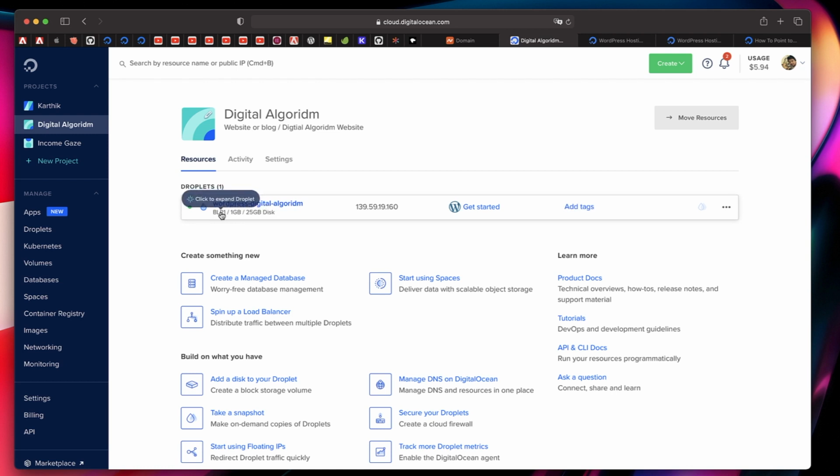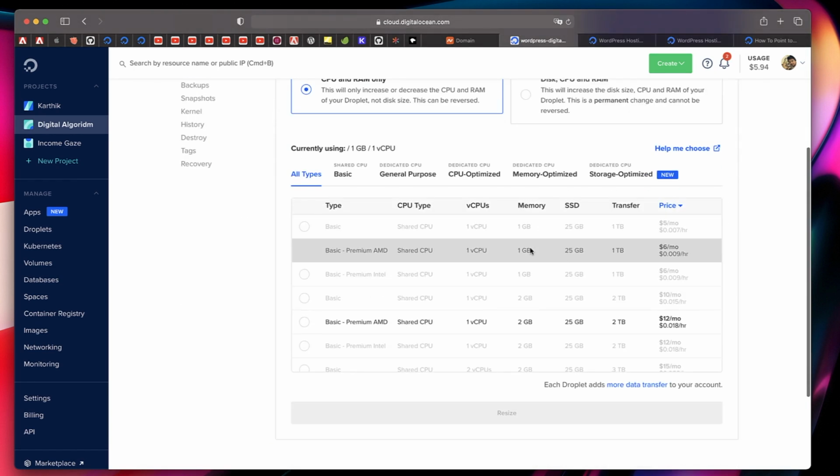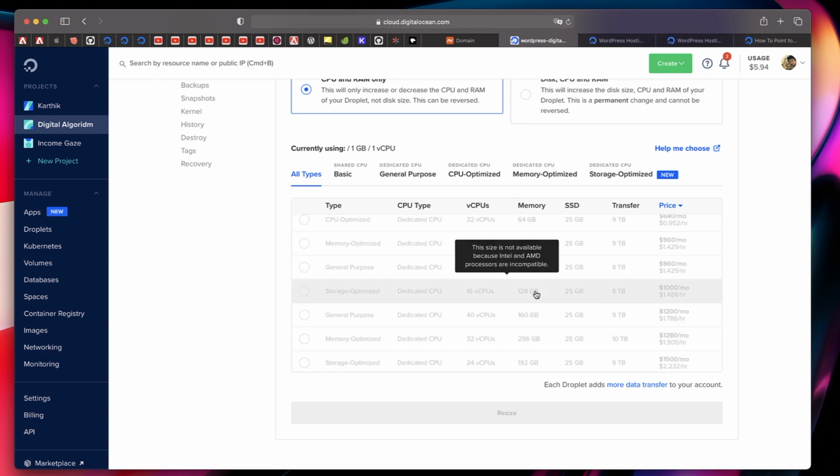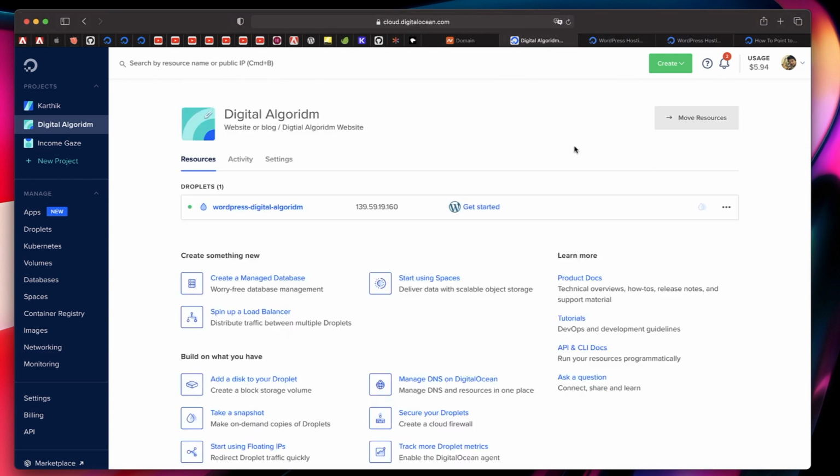will show the location. BLR stands for Bangalore, 1 gig of RAM, and 25 gigs of storage. You can expand this, right? When you click on this 3 dots button next to your droplet, you can see that there's a resize droplet option, and when you click on it, you can basically change it to any of the droplets that you want, right? But I'll just move on with this droplet itself. I'll not change it resize, but in case in future if you want to resize it, that's how you do